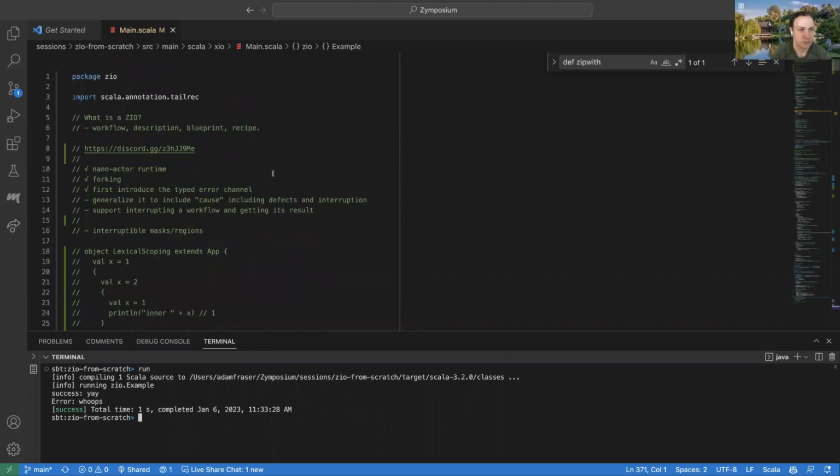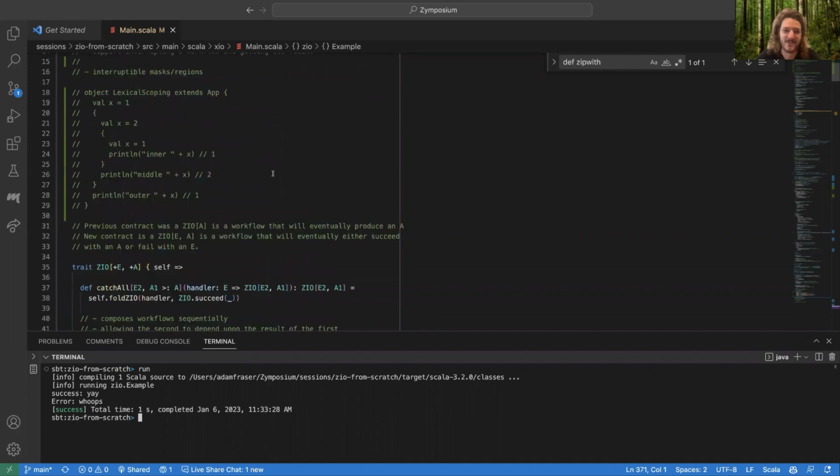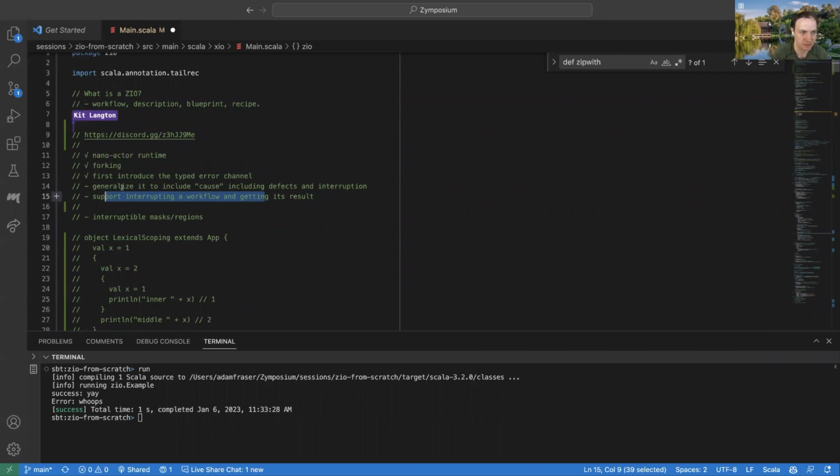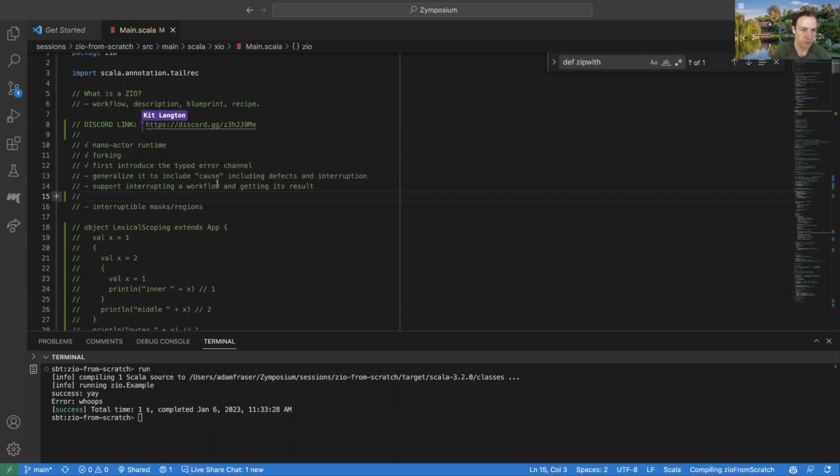So we want to work up to implementing this interruption, because that's kind of a cool feature of these things that would be really cool if we could do. But before we do that, we need a little bit more groundwork for ourselves.